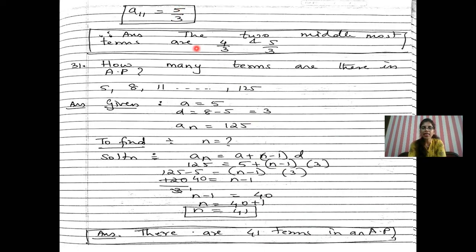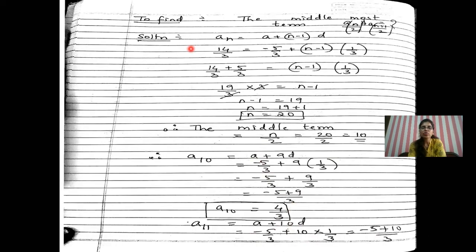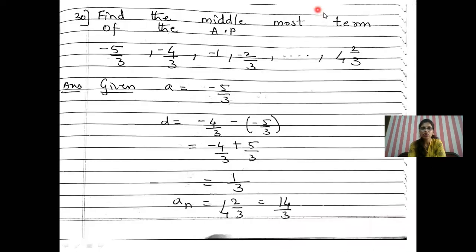So I repeat once again everything, what is given to you according to the question. The series is given to you, and from this series, you get the value of A, you get the value of D, you get the value of AN. Once you get that value, you are finding the value of N. After that, if it is even, you know that you have to directly divide it by 2 to get the middlemost term. But as it is said, 2 middlemost terms, the middle term which you get is 10. You add 1, 10 plus 1, 11. So you have to find the term value A10 and A11 both.